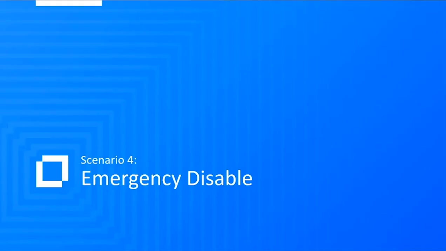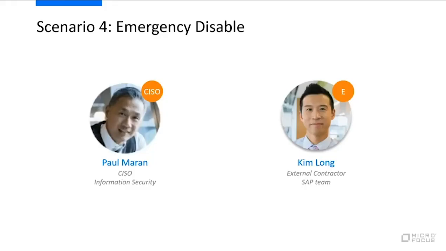So now that Rob is able to view what is going on in the system, he was able to remove Kim Long's access, and he's given a direct call to the CISO to let the CISO know what exactly has been going on, right? It looks to be a little bit fishy. A contractor shouldn't just be coming into an application and doing those types of things. So in this scenario, we're going to involve the CISO, Paul, as well as a contractor, Kim Long.